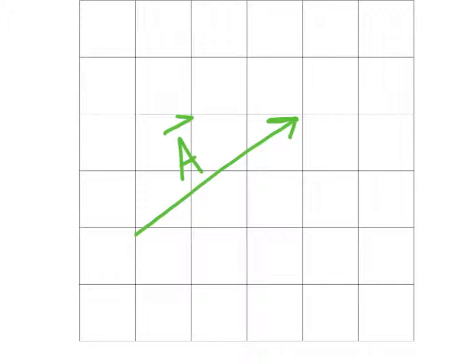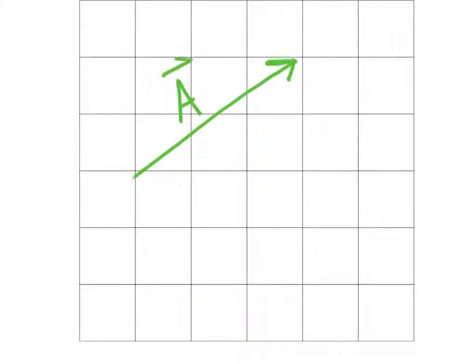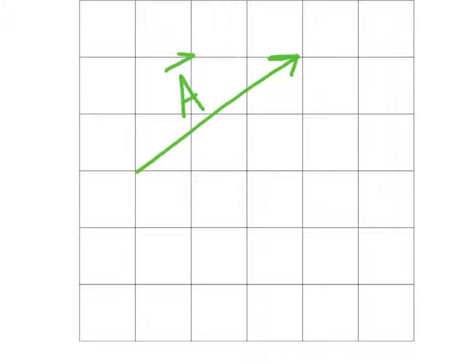I'm going to move this vector to a location that gives us lots of room to work. You'll remember that as long as we don't change the magnitude or direction, we can move vectors anywhere we like. Our next vector is going to be called vector B, and it's going to look something like this. Our goal is to calculate vector A